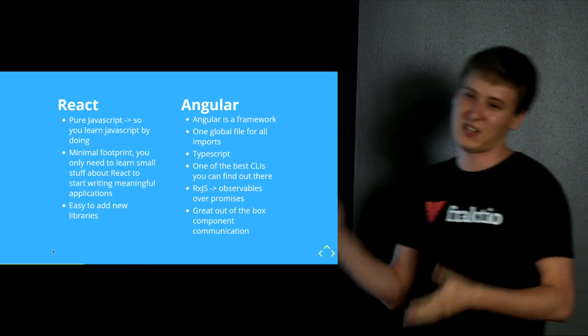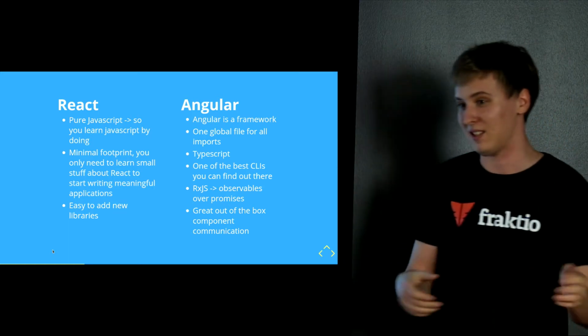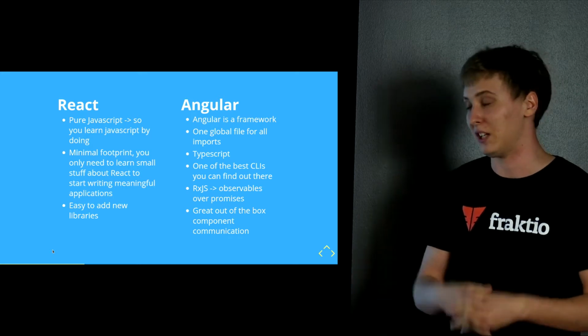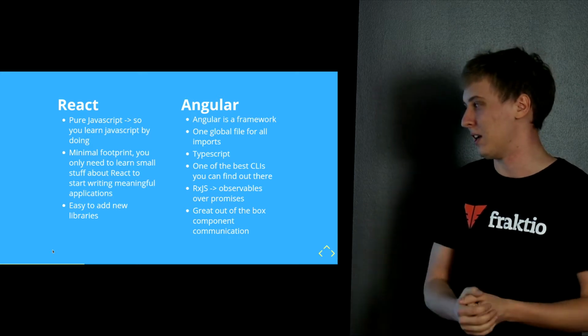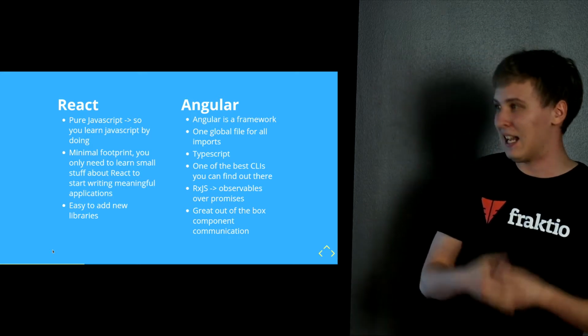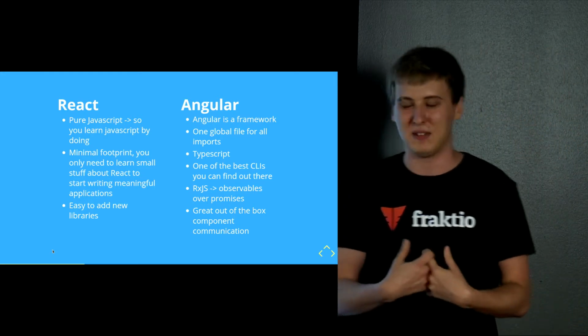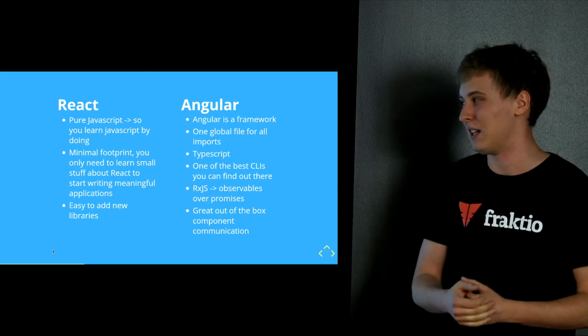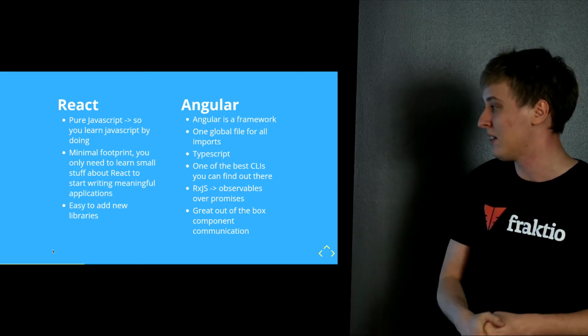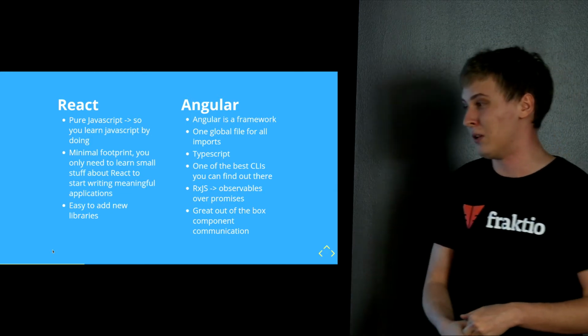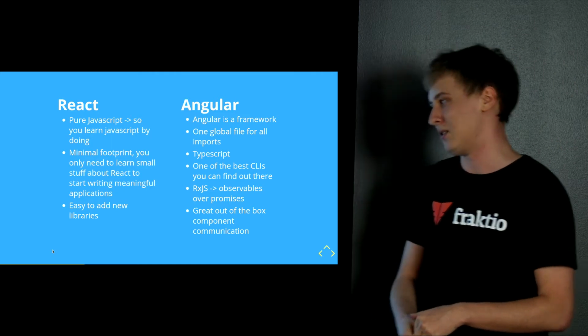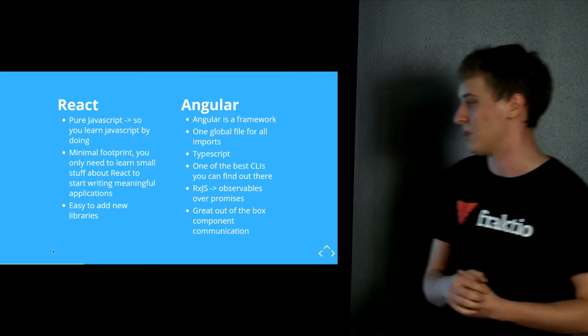So Angular decided to go with RxJS instead of standard HTTP like fetch or Axios or whatever. And in my opinion, it added a bit of complexity, I'm not gonna lie. It really made it a bit harder to understand than just making a standard promise-based request. But they're really powerful and they really shine when it comes to real-time data. So I'm gonna be talking about RxJS a little bit as well.